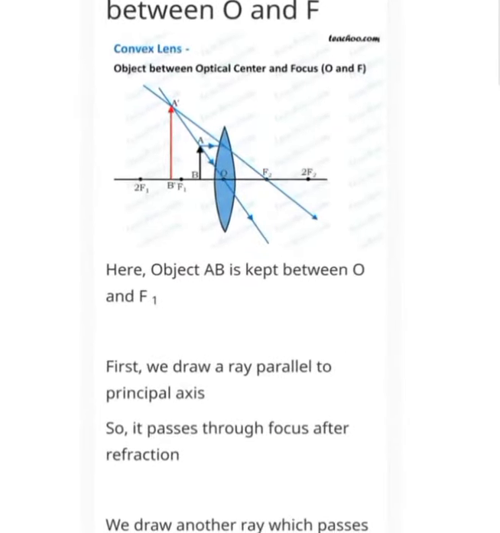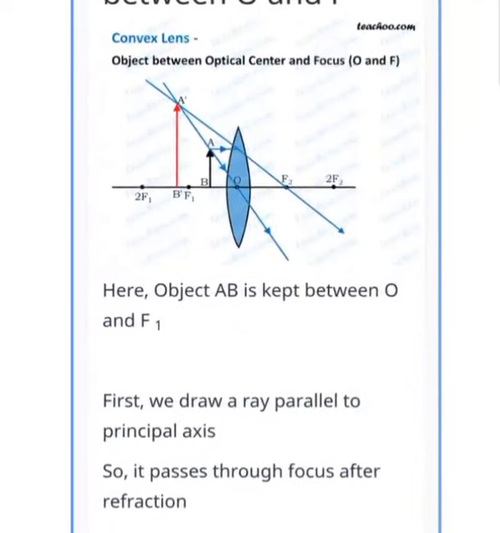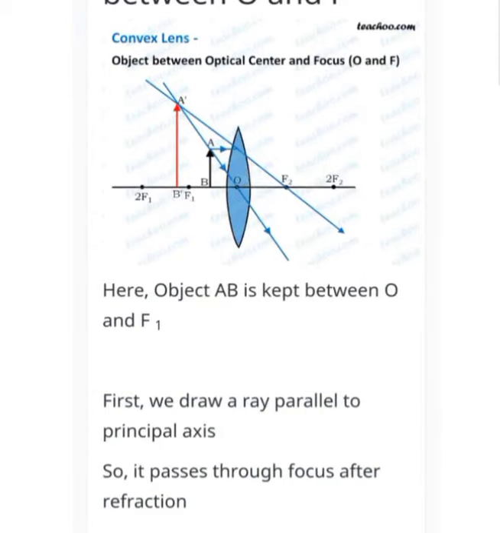And the sixth case, or the last case, is when the object is between O and F, meaning the object is between the optical center and focus. If the object is between the optical center and the focus, you can see over here, this one is the object, the image is larger as compared to the object. In all the other cases the image formation is real and inverted. Here the image formation is virtual and erect.